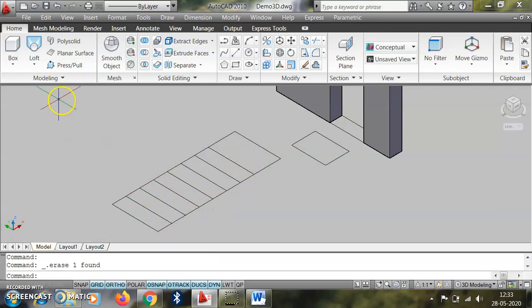Then with the help of press pull we can press pull this first object. Suppose the height is 1.5, then enter.